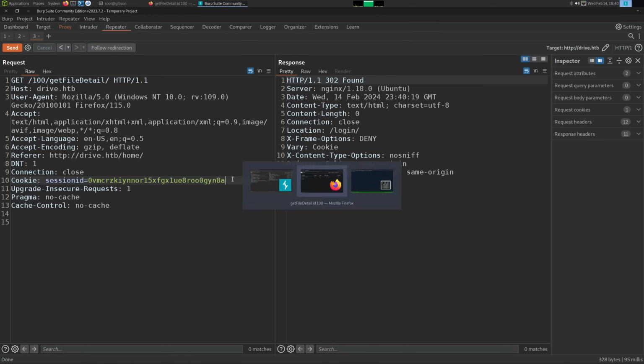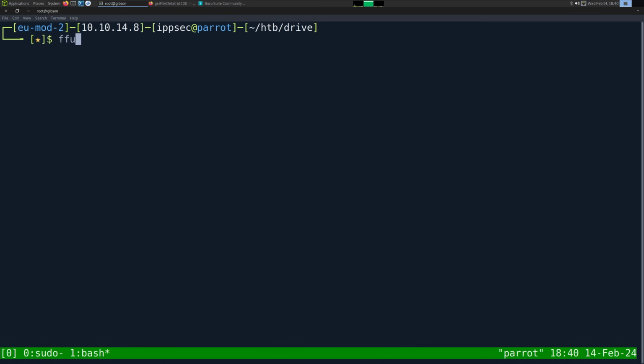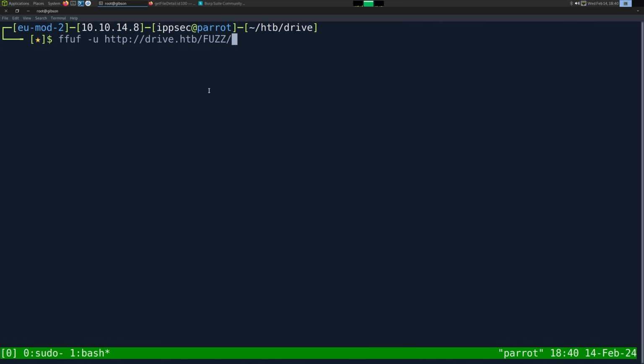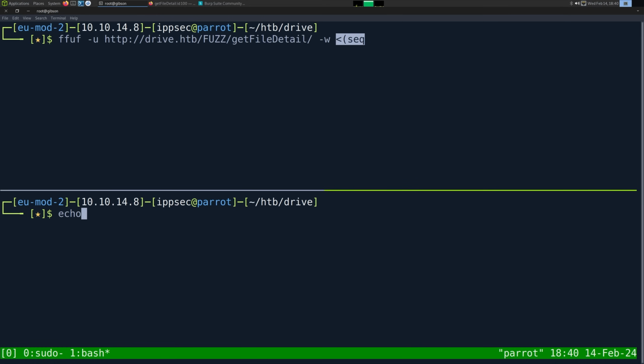So let us do a FFUF. So I can do FFUF -u http drive.htb, and we're going to fuzz the ID. I'm going to give it the get file detail field. And we're going to do -w. I'm going to do this little thing. If you don't know what this does, it's going to run a command, but put the output to a file. So if I did like echo